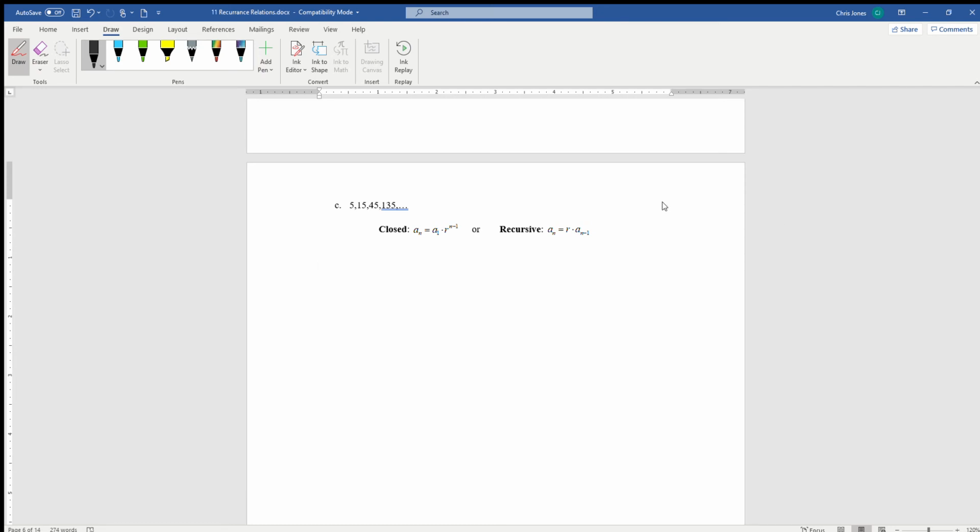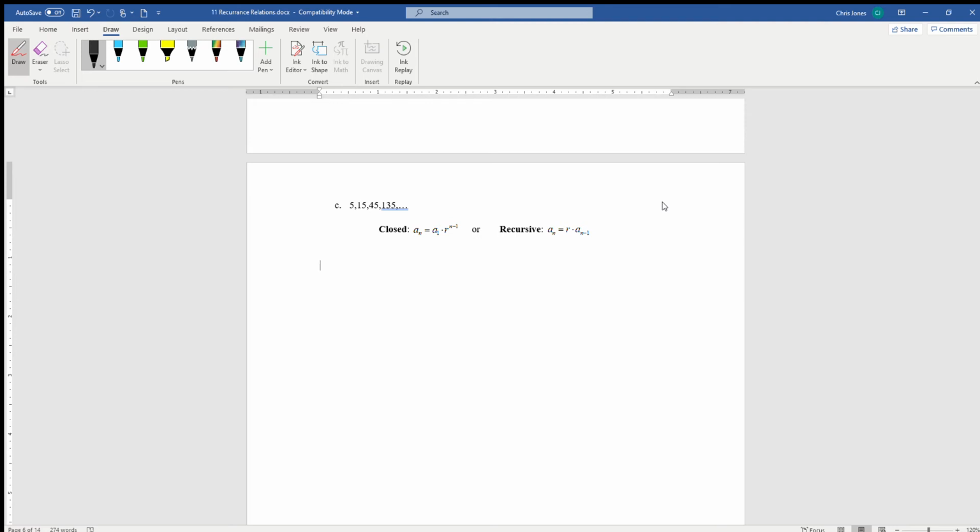So now we're going to be taking a look at some examples of being able to write geometric sequences in both recursive and closed forms. Now remember, geometric means that there's a common factor that separates each of the different terms. And one of the things you might want to do is determine whether the sequence is going to be geometric